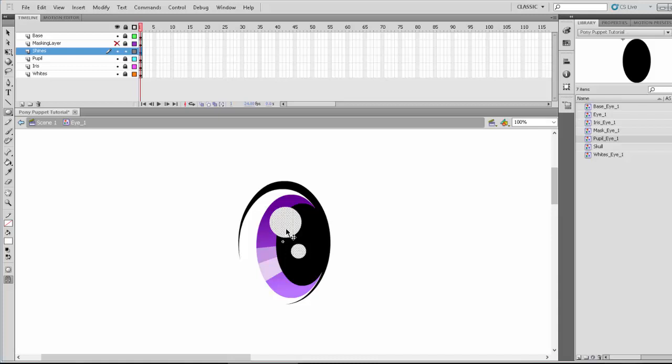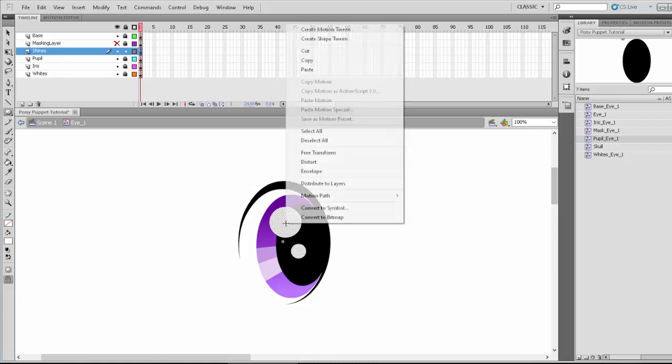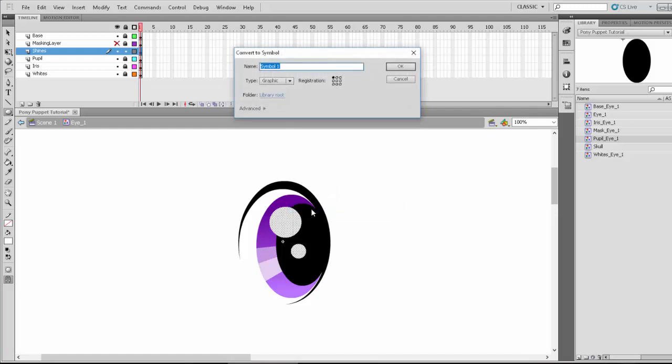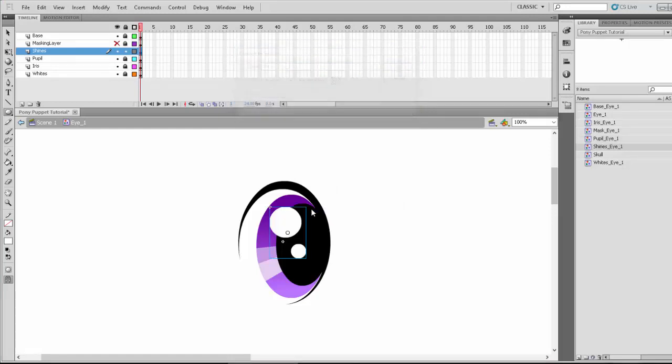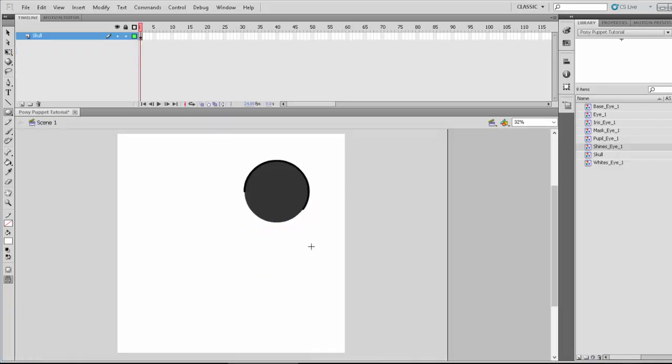Remember to select that. You can click on the layer, or you could select the layer itself. Convert to symbol. Label it Shines I1. Now you think we're done, right? Absolutely not. We are not done, because if I were to put this symbol on the skull right now, so